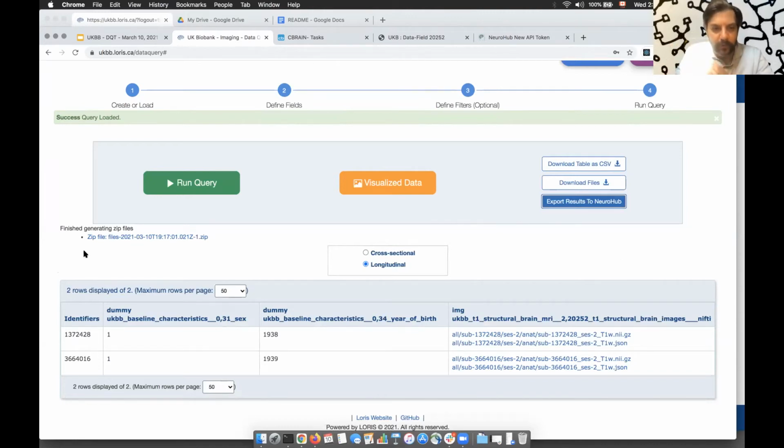So you have two options at this point. You've played with the query tool, you've selected what data you want, and you can either download it locally on your machine, as Xavier showed you. It downloads right in the browser. It makes sense if your datasets aren't too big.